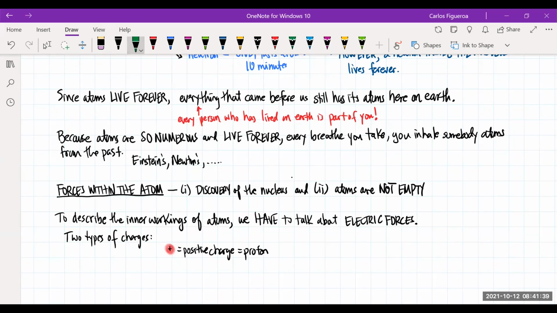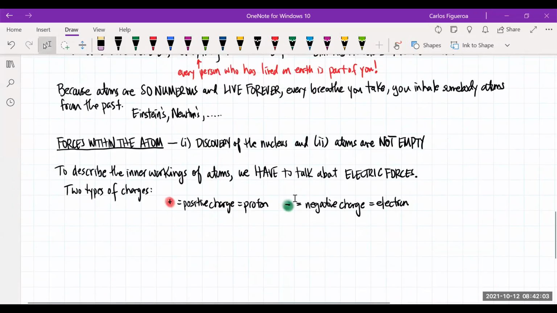Then we have a negative charge, and this negative charge is an electron. And this is what we know. What we know is the electrical forces between charges